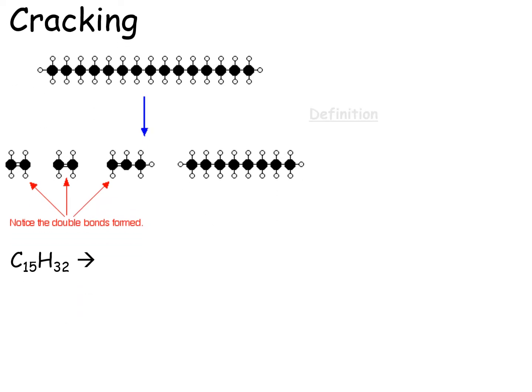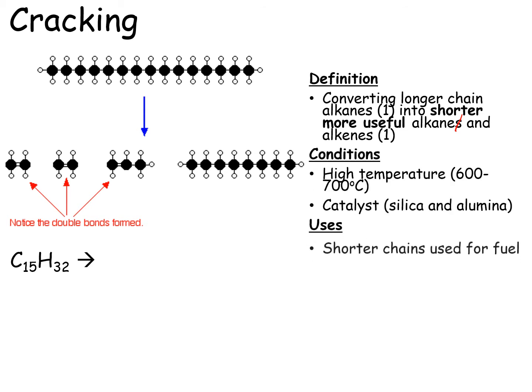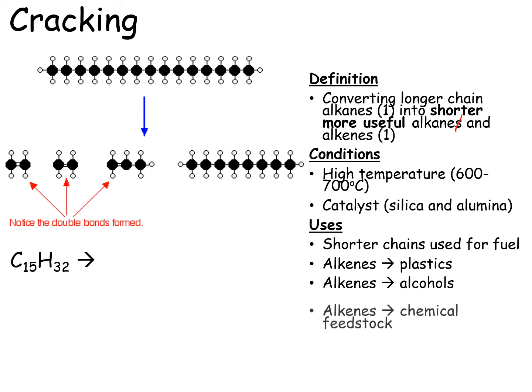You need to know the definition of cracking, and that's converting your longer chains into shorter, more useful alkane and alkenes. You only normally get one alkane, so I probably should cross that off. And conditions, there's two conditions you need to know about, and uses. Your shorter chain alkanes are used for fuel. Your shorter chain alkenes, however, are far too useful to use as fuel. So we use them to synthesize other chemicals like plastics, alcohols, and a vast range of other chemicals,